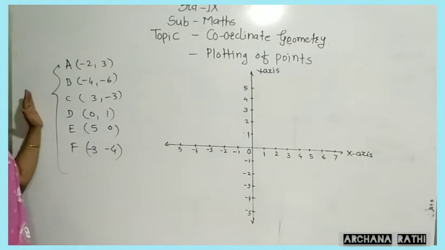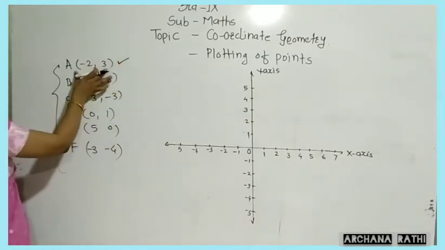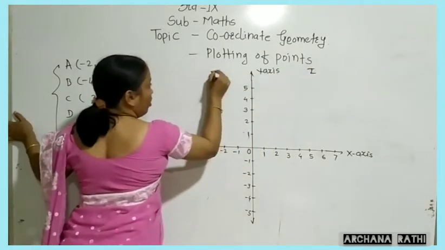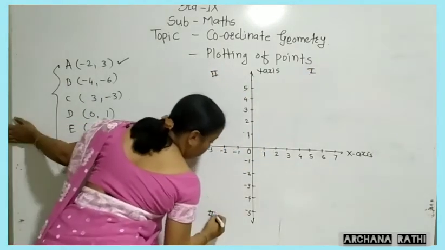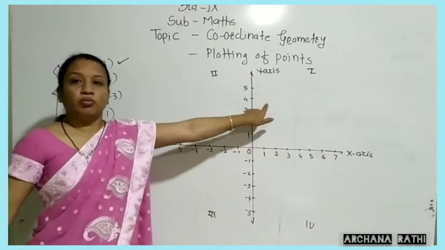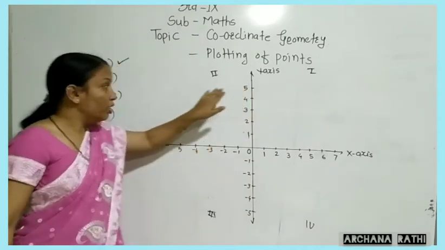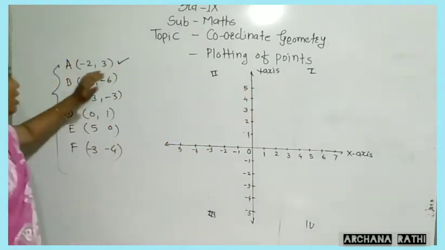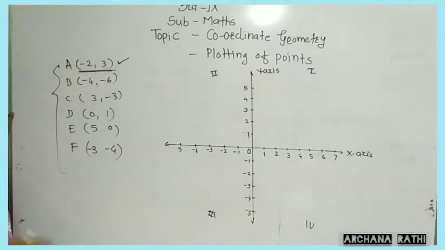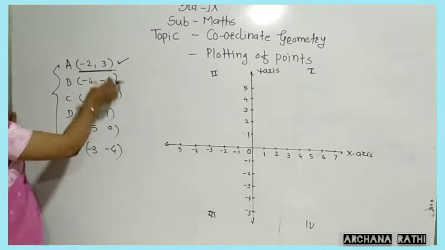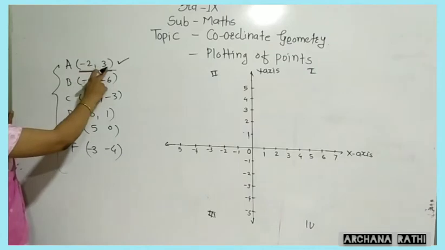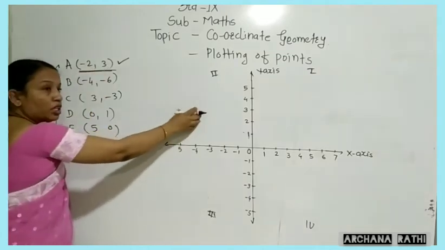Now what you have to do? First think about the point (-2, 3). You know that this is your first quadrant, second quadrant, third quadrant, and this is your fourth quadrant. In the first quadrant, both coordinates are positive. Here it is negative, positive. So we have to observe it like this. Now this point is (-2, 3). In which quadrant? Questions like this are also asked: which quadrant will this point lie in without drawing all this? If x is negative and y is positive, definitely it will lie in the second quadrant.